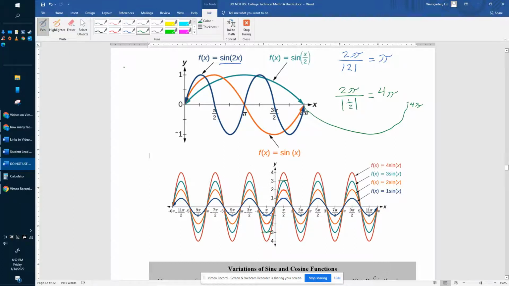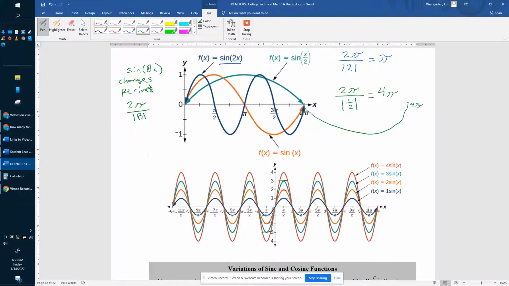So when we have something on the inside, we have sine of bx. It's going to change the period. It's going to make it longer or shorter, and it's going to change it by 2 pi over the absolute value of b. Absolute value of b just means if b is negative, that guy is going to be positive